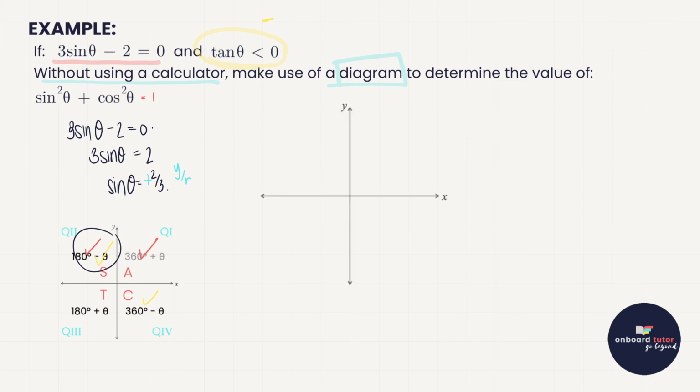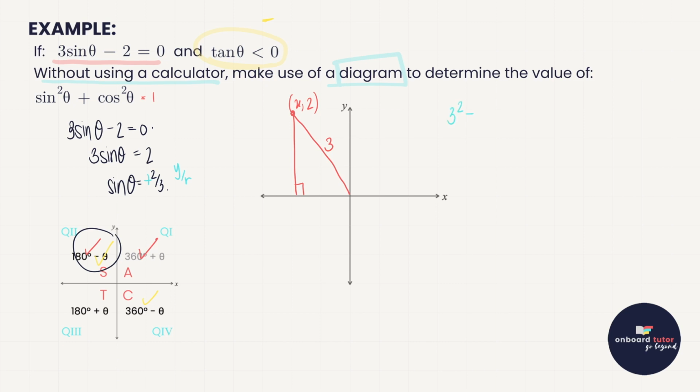So in quadrant 2, I now need to pop in a triangle. Okay, and that's going to be 90 degrees there. The coordinates here, so I know that y is 2 and r is 3. So I like to write them in coordinate form. So x, 2, and 3. And then I'm going to use Pythagoras to work out what that x coordinate is, because y is 2, r is 3. So Pythagoras says that x squared plus y squared equals r squared,